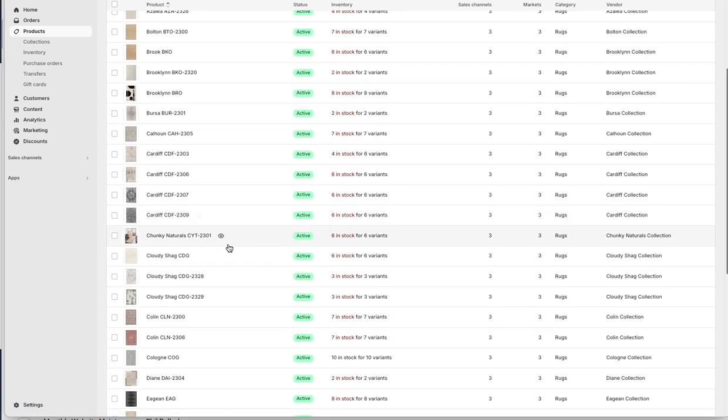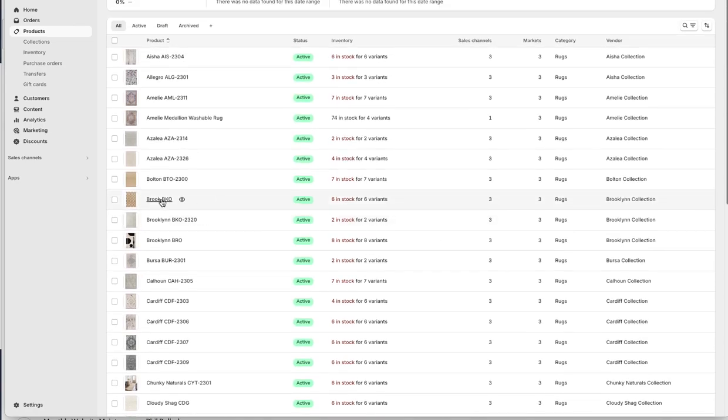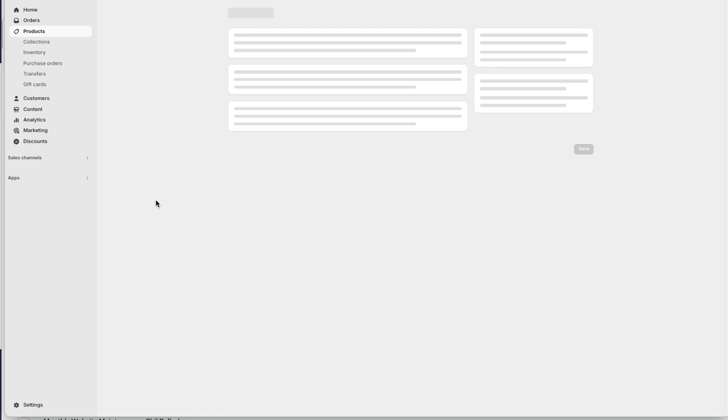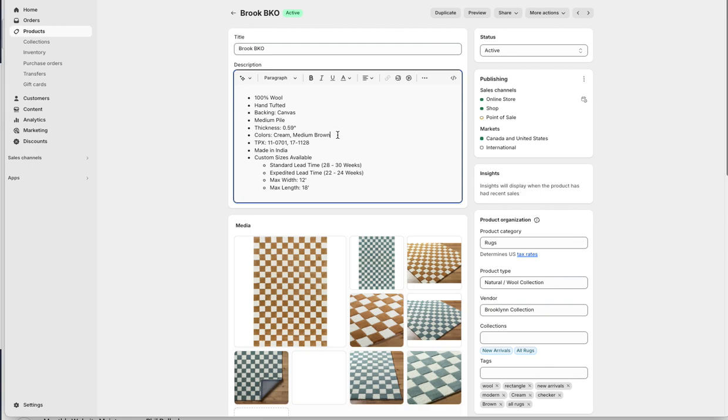And then if we go down, we're going to see another one here, and another one here. I'll show you what we mean by that. Let me just use the Brook BKO as an example. Inside here, this is a combination of two products. So I probably want to get rid of this, or add additional if you wanted to add in here, but I'd probably get rid of this as well